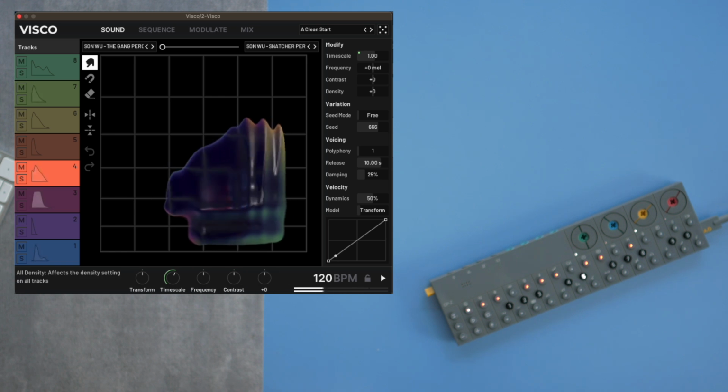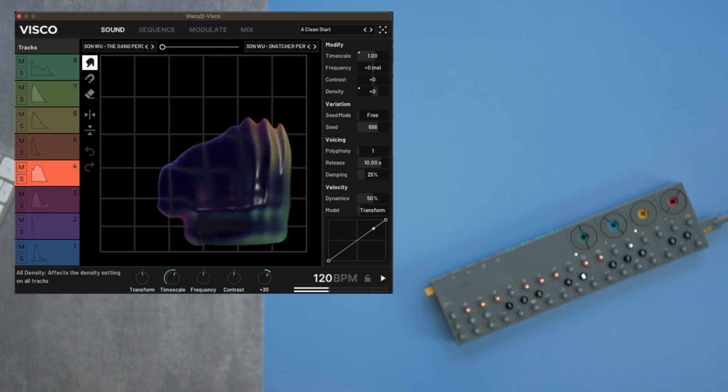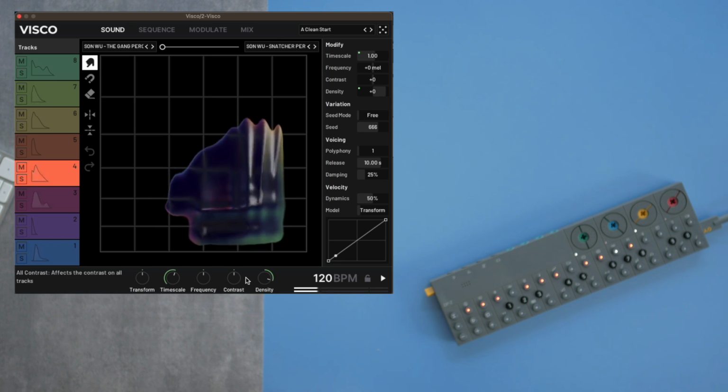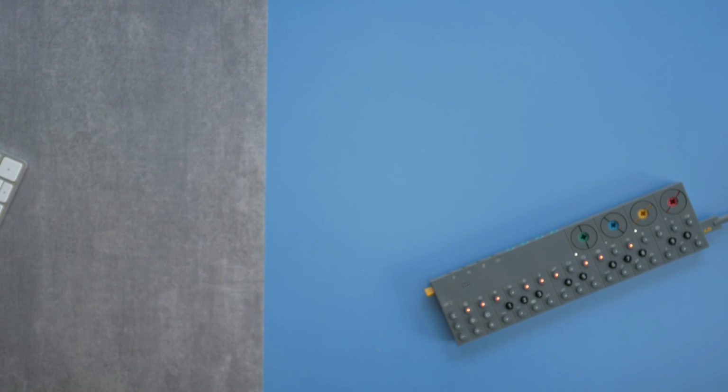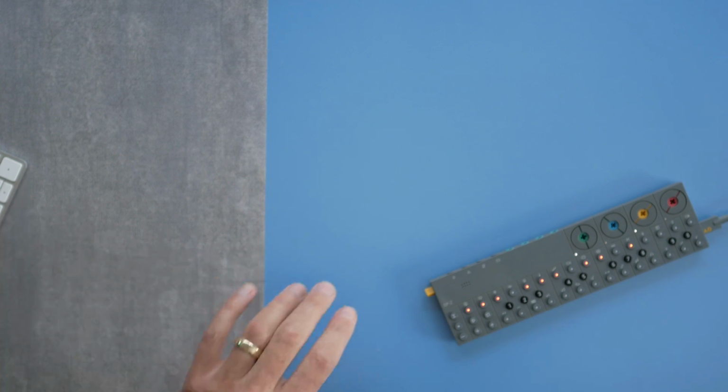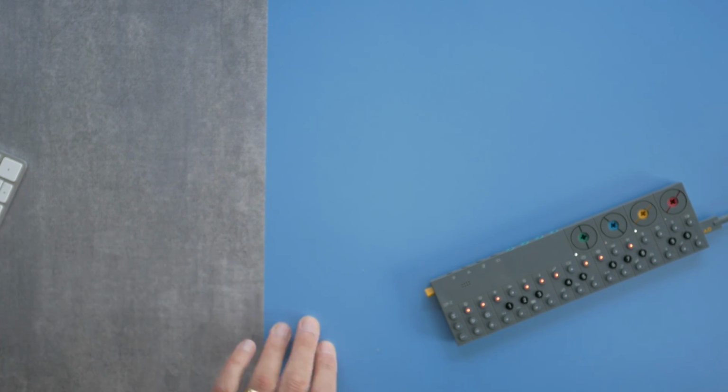And then let's check out density. Pretty awesome. I'm not going to go into more detail because I don't know what's going on, but I believe